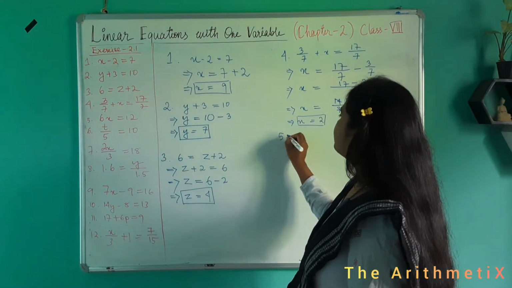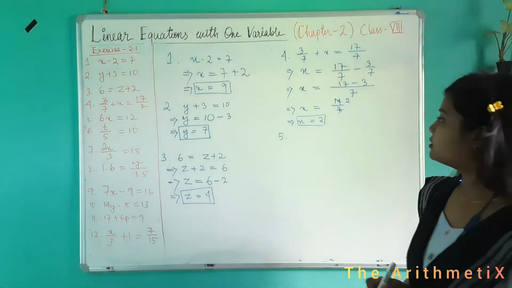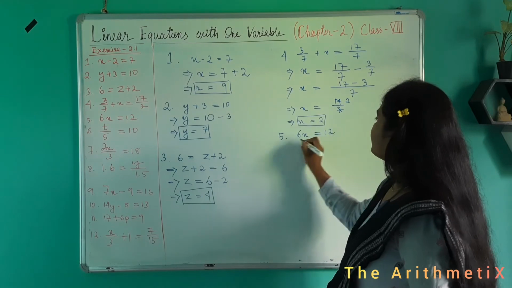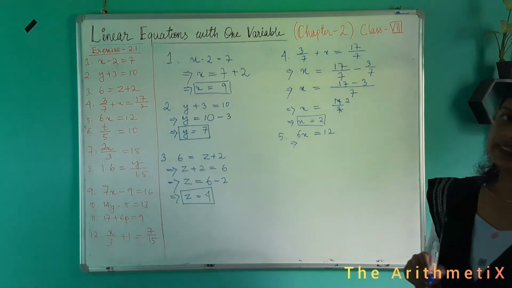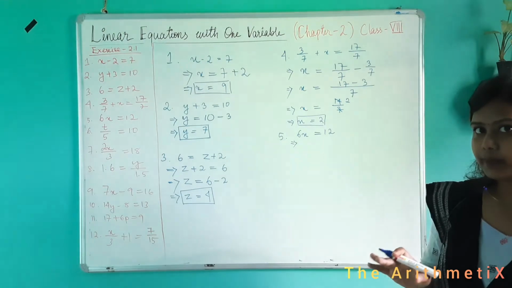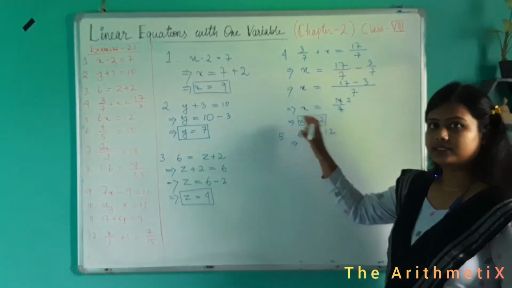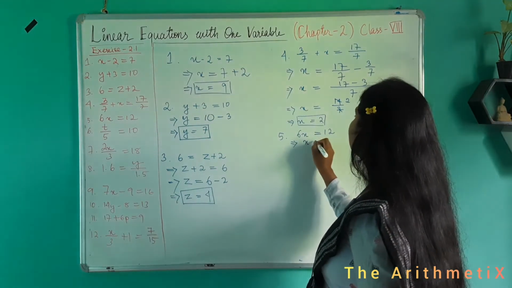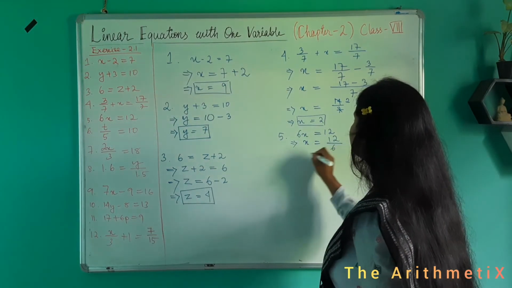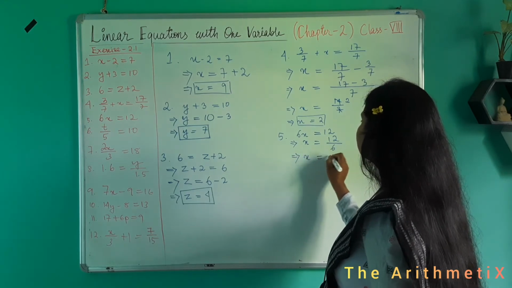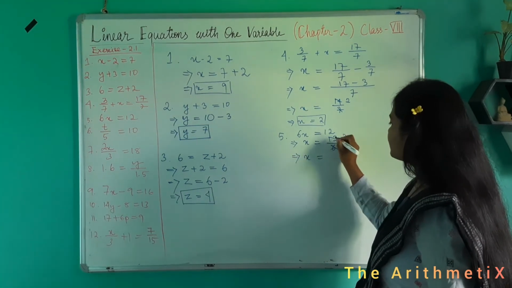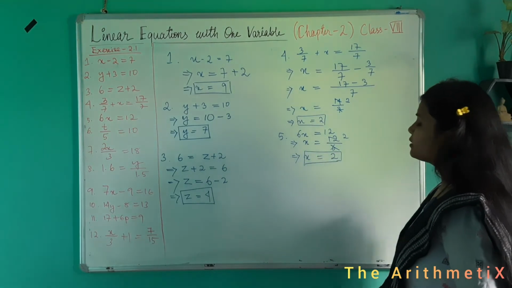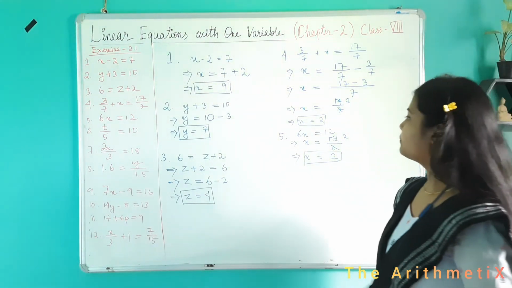Now let us solve question number 5. 6x equals 12. See, the variable x is only multiplied by 6 here in the LHS. Just transpose that. Because it is multiplied, it will be divided on the other side. This is 12 upon 6. So the value of x is, this is cancelled, 6 2s are 12, the value of x is 2 here. I am solving very fast, I think. I hope you are getting my points.